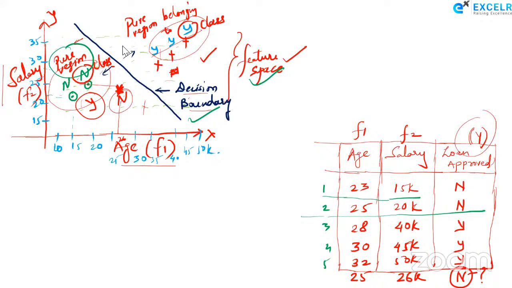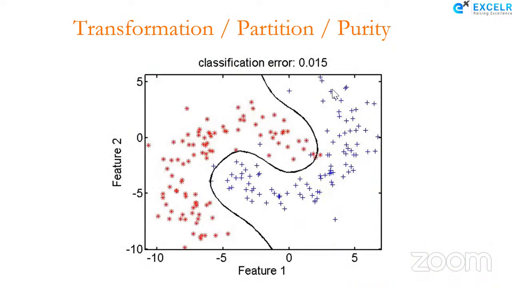Any questions or queries before we move ahead? Crystal clear? Now, is the definition making sense to all of you? It makes sense now, right? Partitioning the feature space into pure regions assigned to each class. That is the act of classification. Okay. All right. Now that you understand this, now tell me,